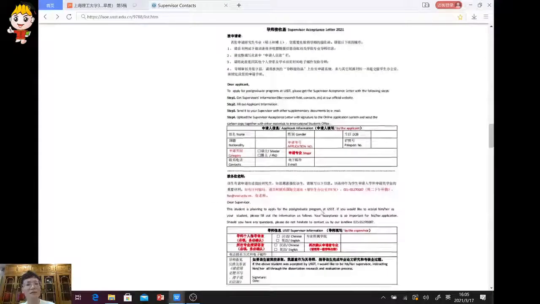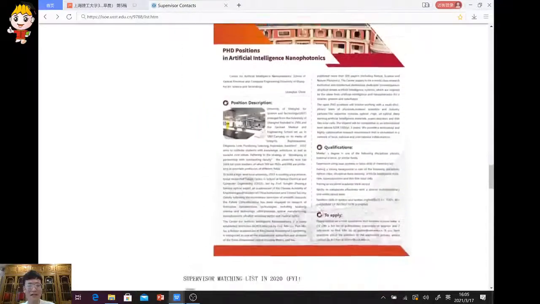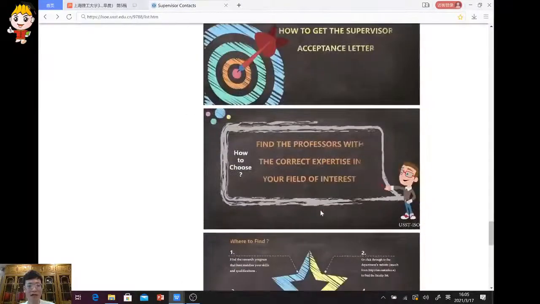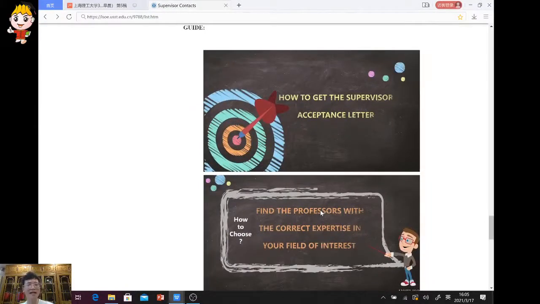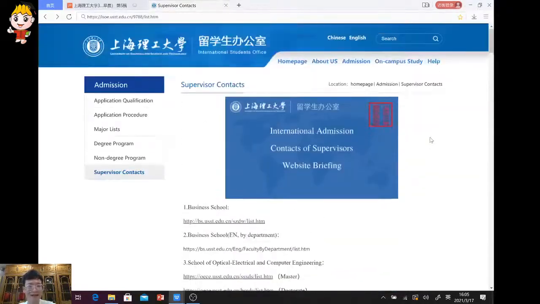There are more reminders here, the format, the features, and also the guide on how to send emails to the supervisor. But if you do not get a response from the supervisor, you can email us. Probably, we can assist you to get in contact with the supervisors.